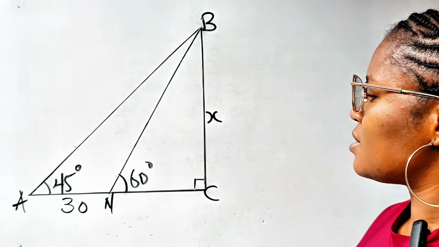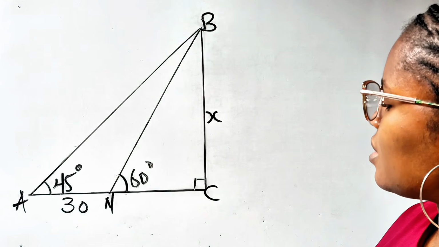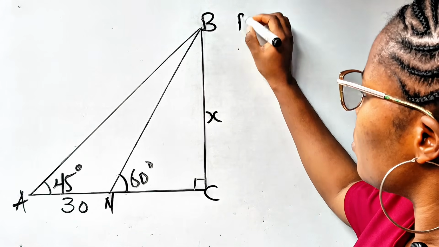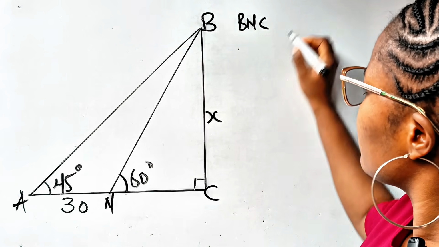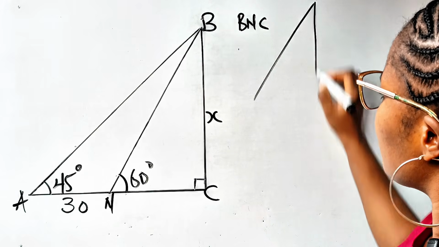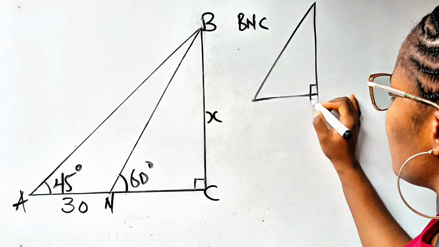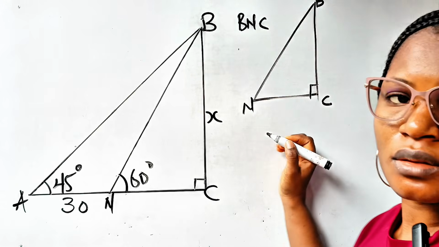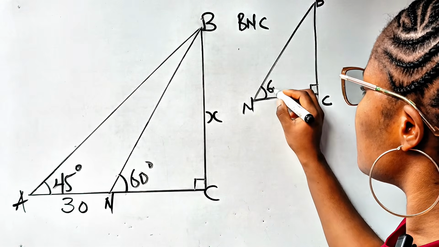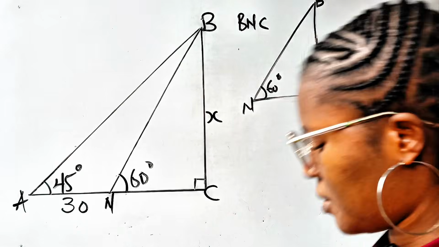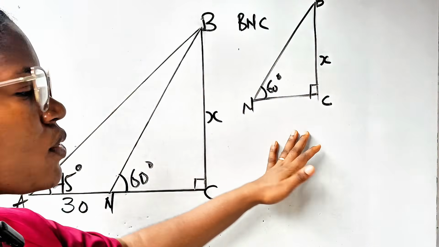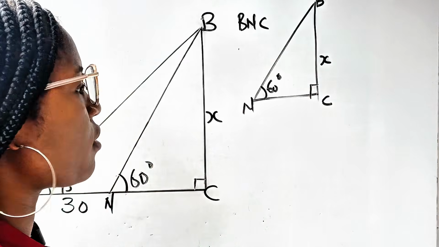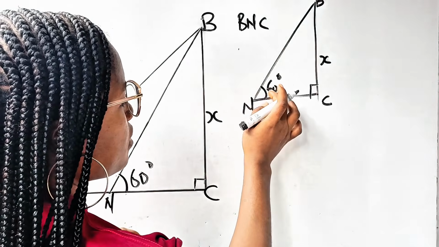So first things first, let's consider triangle BNC. We have this, this, and this, and this is C, this is B, and this is N. So here is 60 degrees, and this is our x. So using the basic trigonometric ratios, we have that tan 60